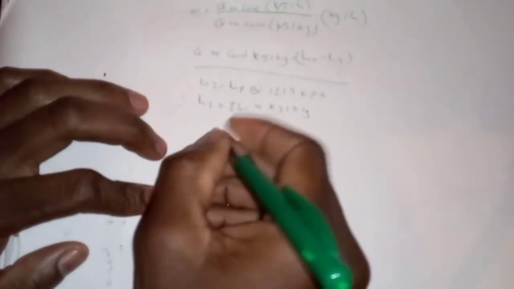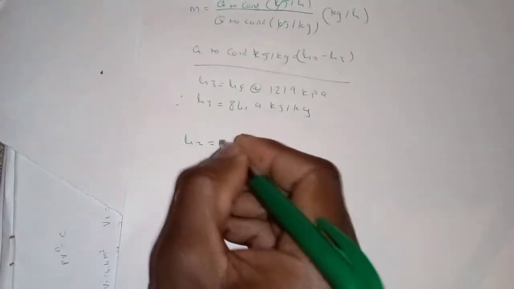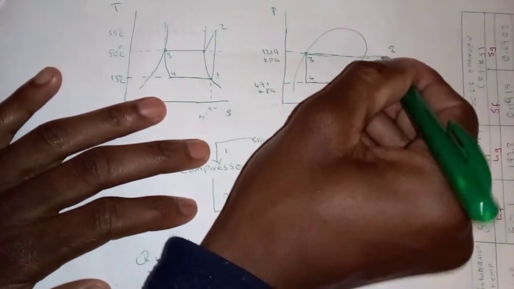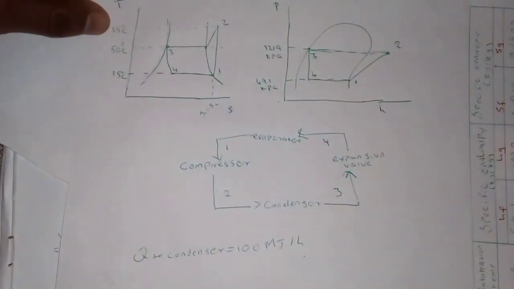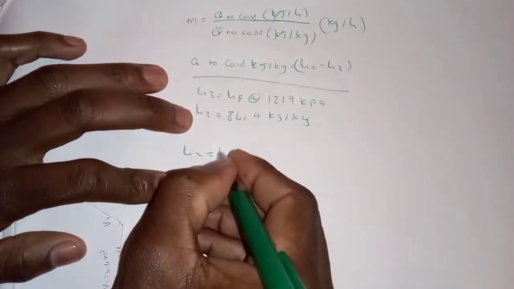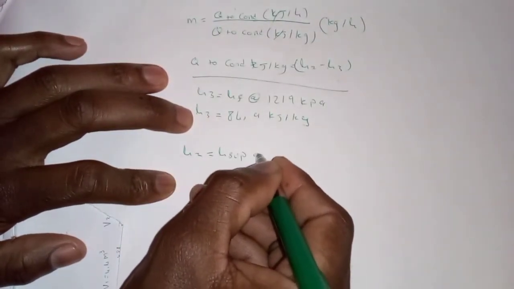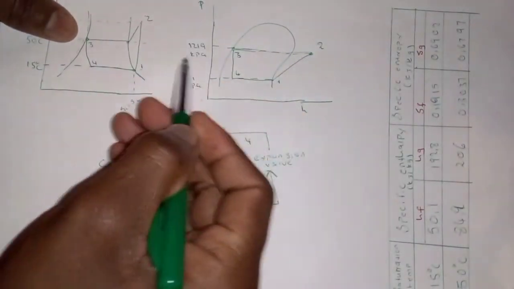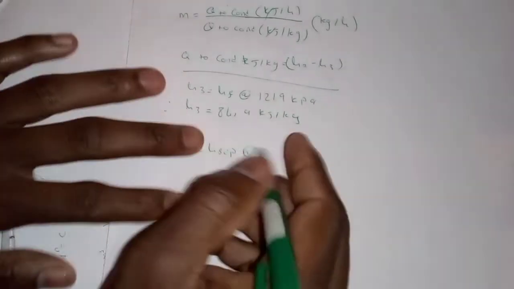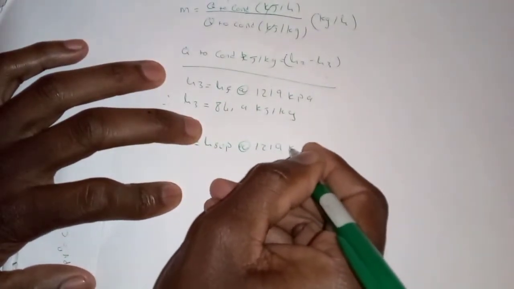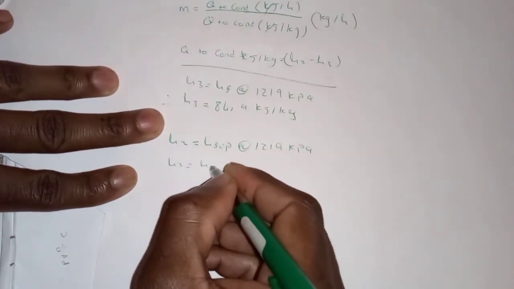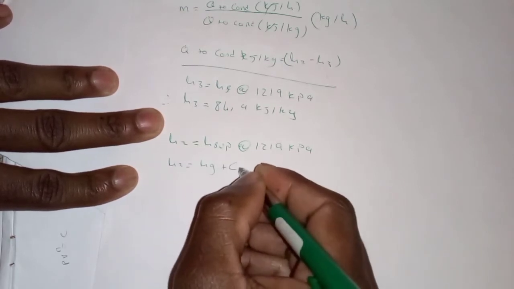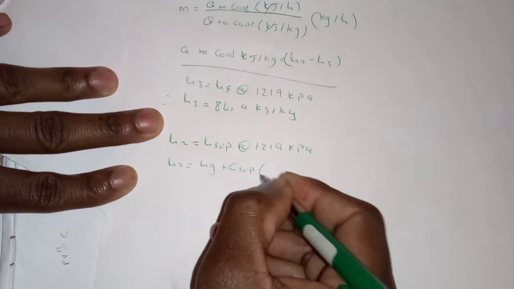Then now our next job is to get the value of H2. Let's go again to our diagram and look for number 2. This is point number 2. We can tell that H2 is in the superheated region. So we are going to say H2 is equal to H_sup at, within which pressure? 1219 kilopascal. And we know that the formula to calculate H_sup is equal to H_g plus the specific heat capacity for superheated steam